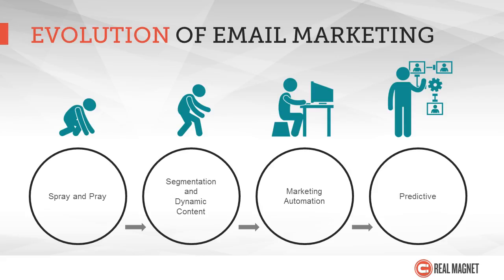Email is really evolving into a new phase. Again, we started with spray and pray back in 2000. You could load up your 100,000 emails and send them out. In the early days, there weren't even spam filters. 100% delivery, you're getting great metrics, everything's fine. But then, because of the vast volume of emails, things started to change, and it got more